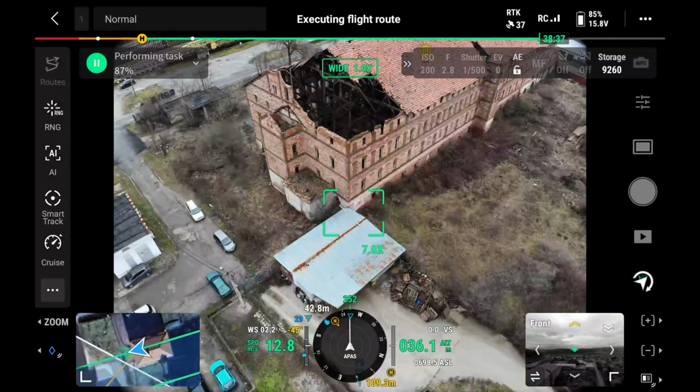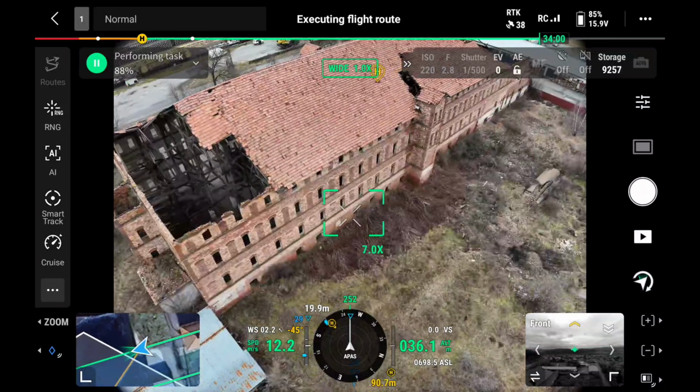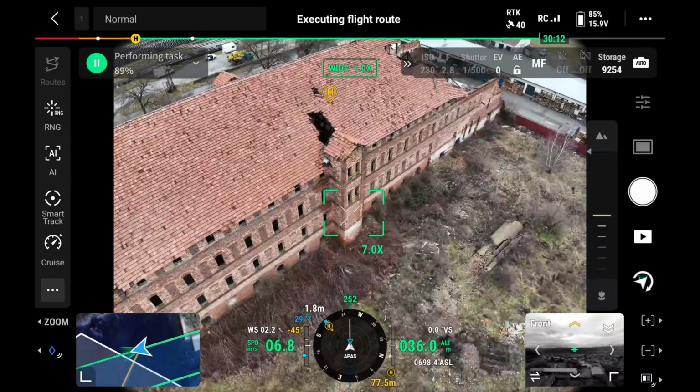So now the drone is basically generating the area route in order to check out how the factory looks and to plan after that where exactly it needs to fly to capture the best results. Okay, so now when we have created the area route, we'll go ahead and click routes,